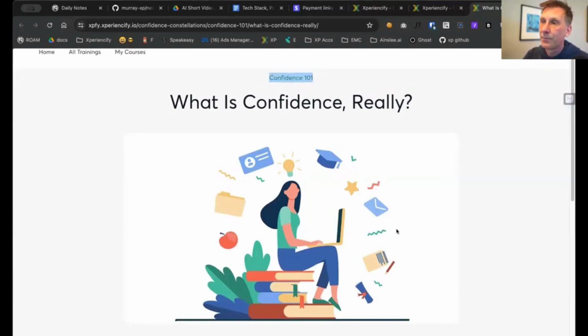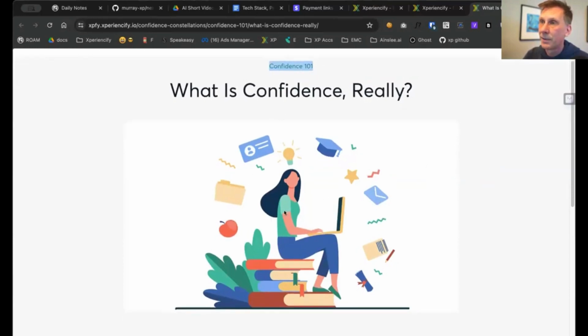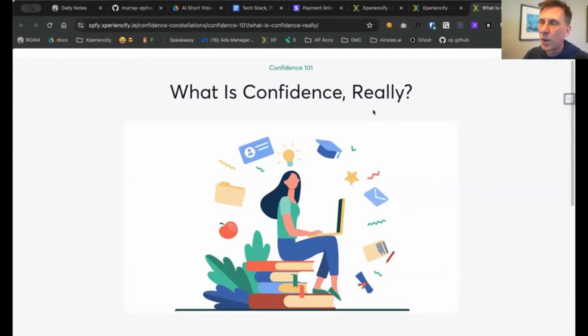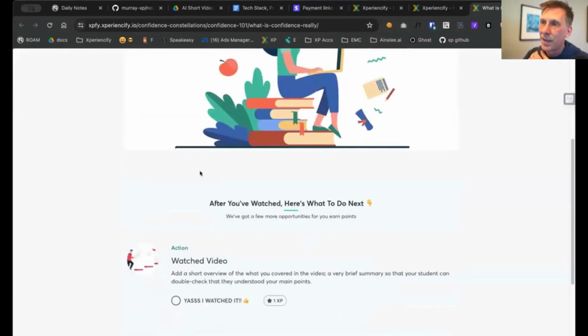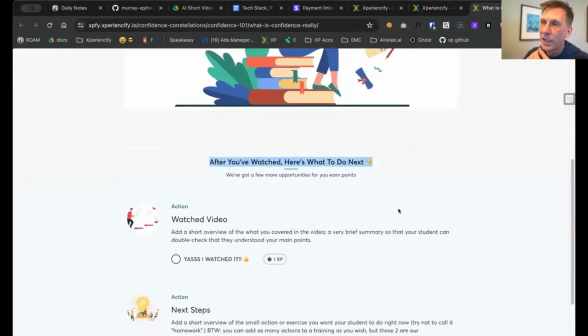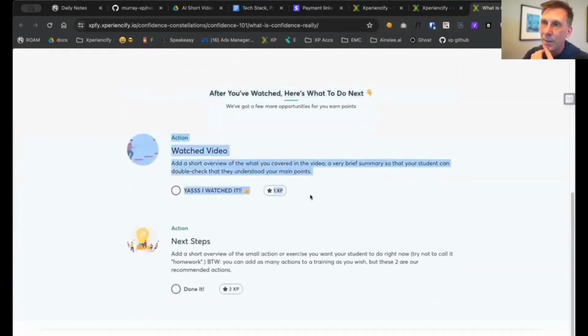It's just placeholder content right now. So nothing really is going to work on this page unless you're logged in as a real student. Okay, so it's got the name of the training, it's got the video there, and then underneath it's got, after you watched, here's what to do next. And then it's got the actions here. So if I click on one,